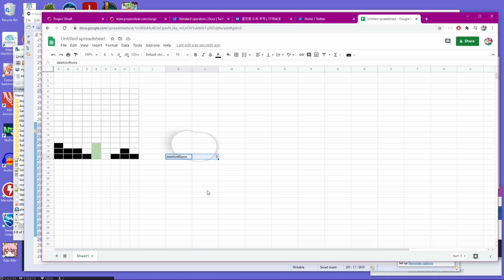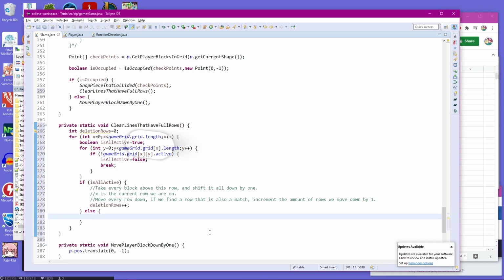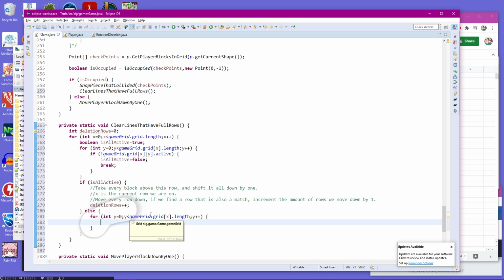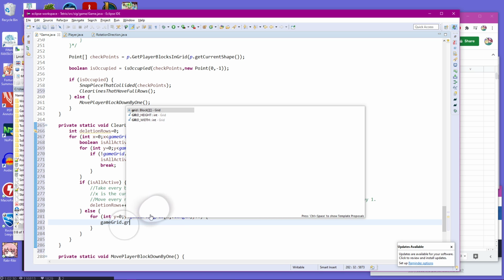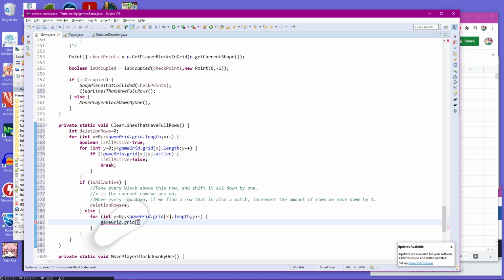Tetris. So now that we figured out our algorithm, let's finish implementing it. So here we're incrementing deletion rows by 1. And so we said if it's not active, we need to move it down by the number of deletion rows we have accumulated. So in order to do that, we just loop through every one of our columns, and we say game grid dot grid. We're going to move it down to a different grid level. So grid,